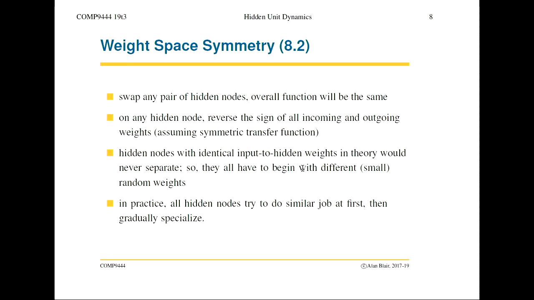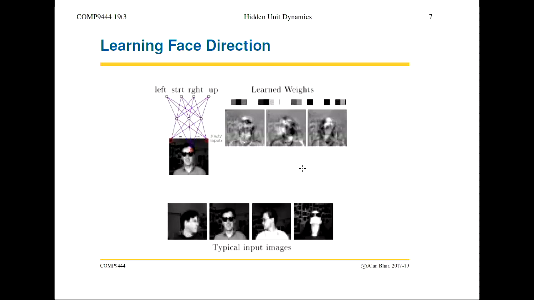Now, what else can we say? Just sticking again with these 2-layer neural networks, what else can we say about them? Well, there's a lot of interesting symmetries involved here. Going back to here, we've got 3 hidden nodes. But if I were to swap the first 2 hidden nodes, so all the weights that currently go into the first hidden node,